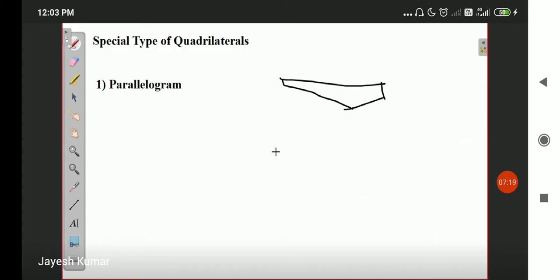Your television at your home is a quadrilateral, a rectangular figure. What if your television at your home was like this, and you had to watch all the movies that you watch in this shape only? It might be a bit bothersome, no? Picture quality will distort. You will not understand most of the things. There will be a lot of practical problems as well. So we are studying quadrilaterals. We are studying special types of quadrilaterals. There is a reason for that, because we see these special types of quadrilaterals in our day-to-day life.